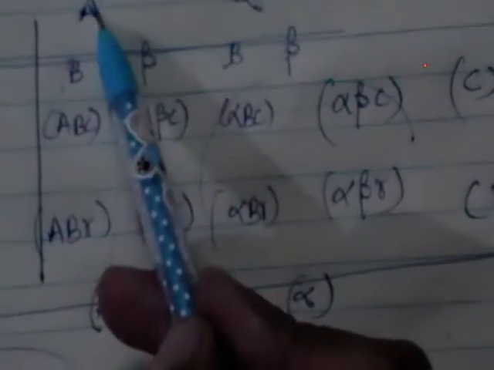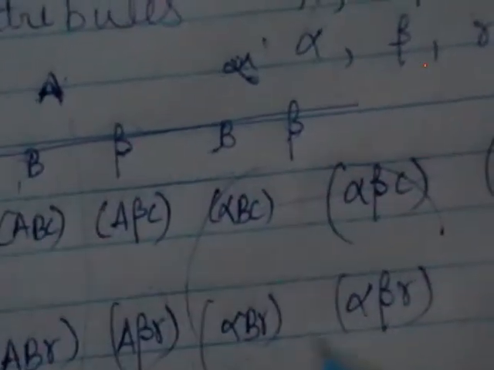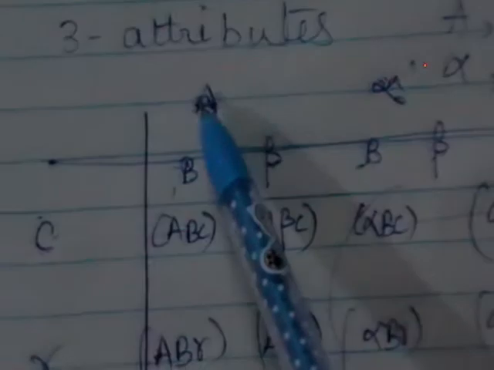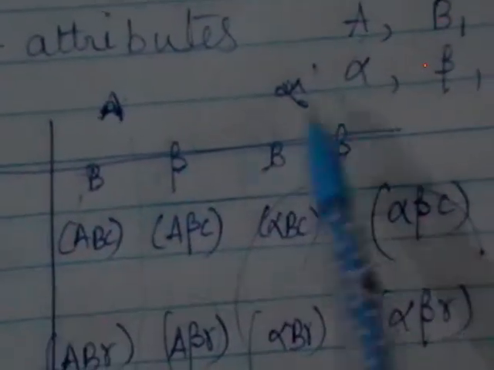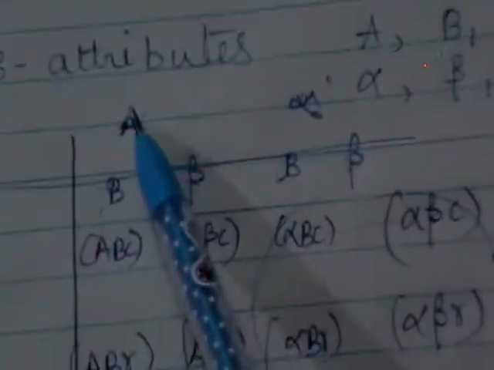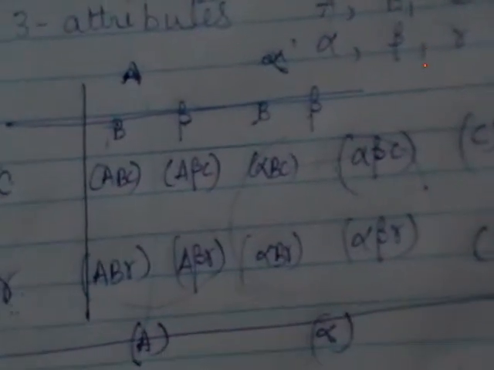Okay, first you write for 3 cases A alpha, C gamma here. Then against A you write B beta. Against alpha again you write B beta. In the middle you are going to write the third order frequencies with A B C, A beta C, alpha B C, alpha beta C, A B gamma, A beta gamma, alpha B gamma, alpha beta gamma. So how many third order you got? The third order frequencies we got are 8.